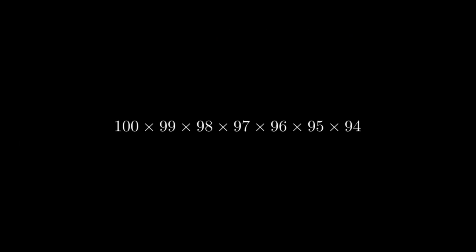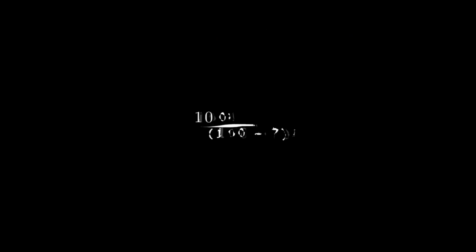If you've ever learned about permutations and combinations, your first instinct might be to start at the top and work your way down. If we've got 100 tiles and 7 available spaces, then we have 100 possible tiles for the first, 99 for the second, and so on until the last tile is filled. Multiplying all these terms together gives us an upper limit for the number that we want, which we can write as 100 factorial over 100 minus 7 factorial, or 100 permute 7, and is equal to about 8 times 10 to the 13, which is pretty huge.